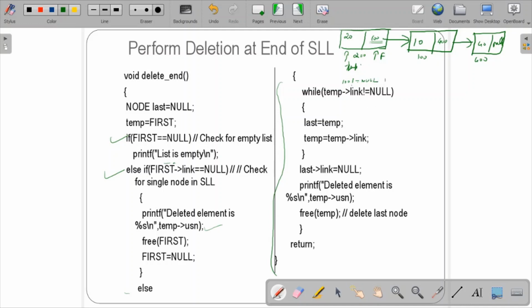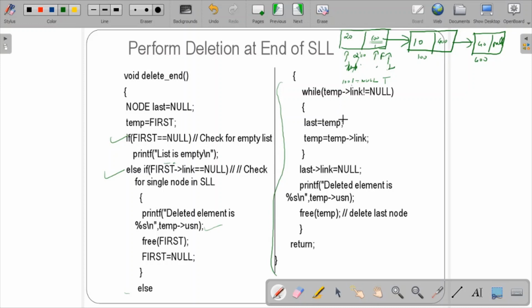So initially I declared last is equal to null, right? Now I'll declare last also over here. That means while this is not equal, I'm pointing last also over here. So temp is pointing, first is pointing, last is pointing.